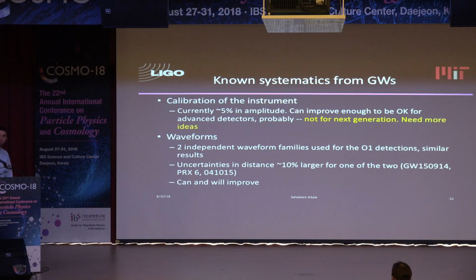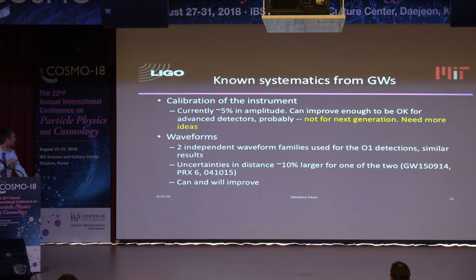One is calibration of the instrument, of LIGO or whatever comes after LIGO. Of course, what LIGO gives you is a voltage in a photodetector. You need to convert voltage into ΔL over L, the strain. That comes with a loop that you need to calibrate. This calibration, as all measurements, is uncertain. Right now, our uncertainty on the calibration of LIGO for the amplitude of this strain, which is what we care about for distance and hence H0, is on the order of 5%. This number is probably okay-ish for the next couple of years, and it can get better.